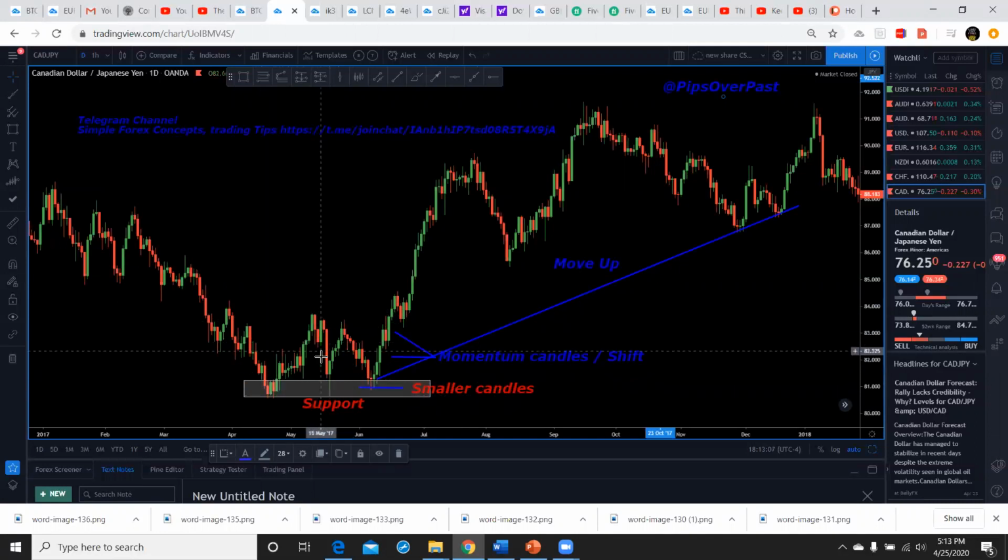Market bounced here, came back down, it bounced again. Something's pushing the market back up, usually buyers or sellers laying in wait. Bam, we get it one more time. We see that the candles were getting smaller at this area versus how wide these other candles, the average candles, were